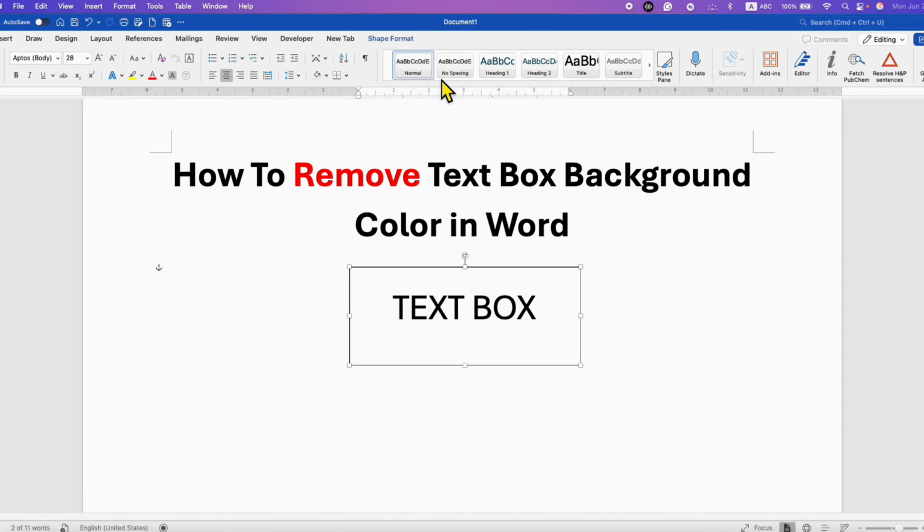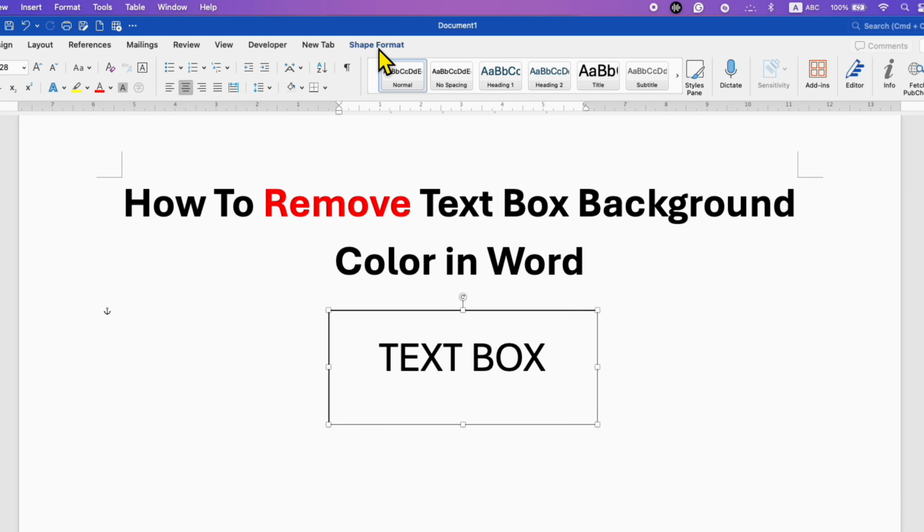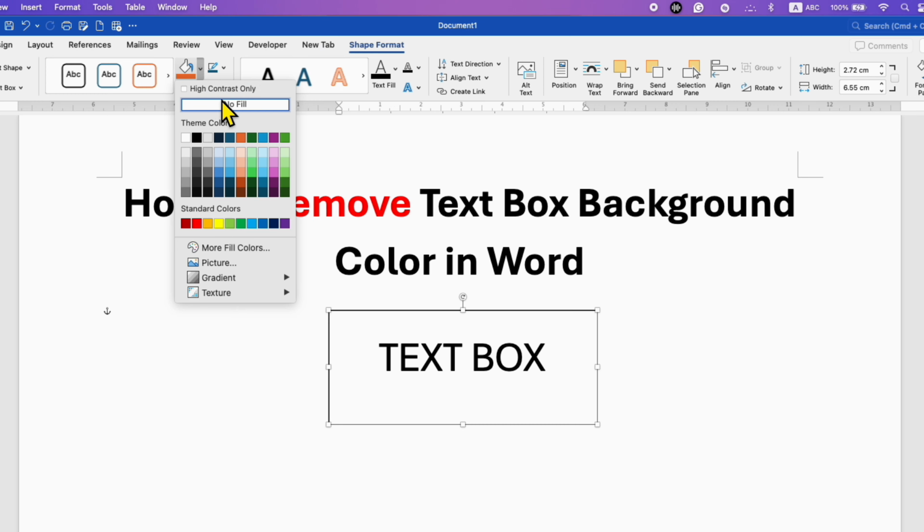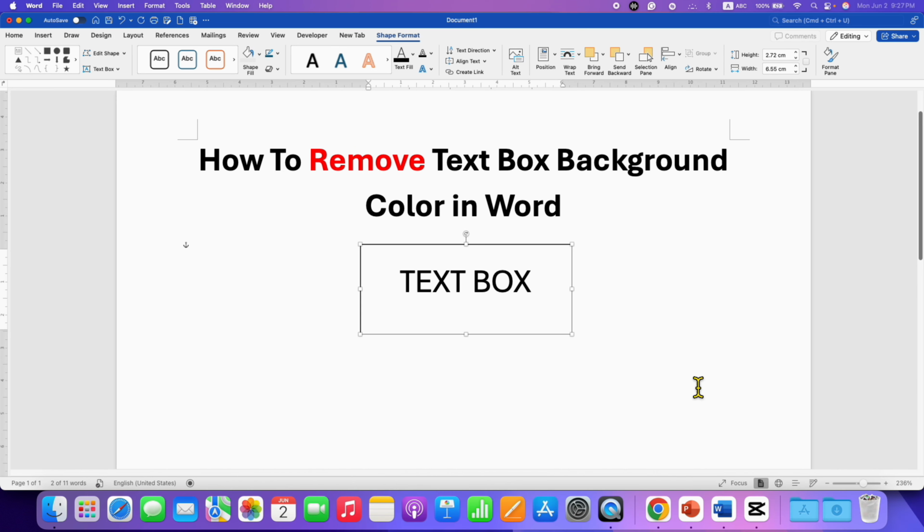box. You can also remove the color by clicking on the shape format option. Under the fill shape, select the option no fill, and this will also remove text box background color in Microsoft